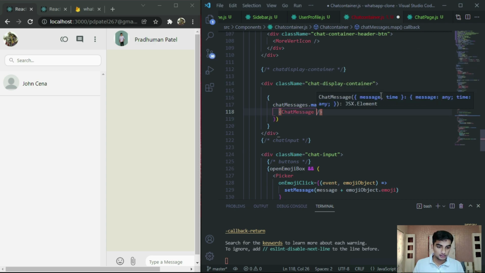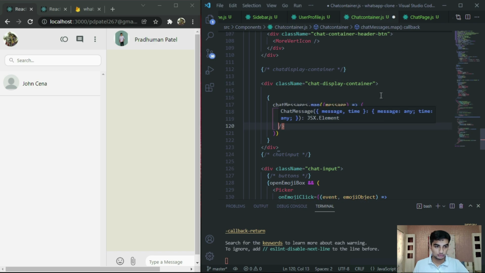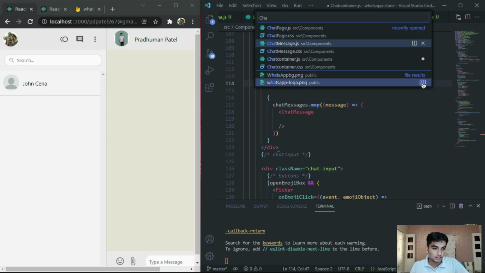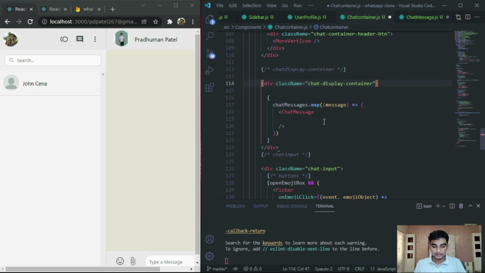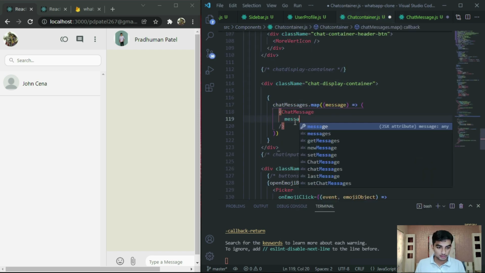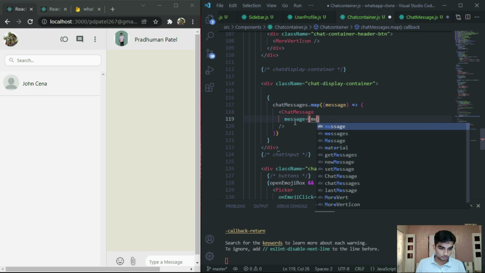So open chatMessage.js. So here message, time, we are going to use sender, and we have to pass the sender's information, sender's email ID also. So now provide this, message prop, so message equals to